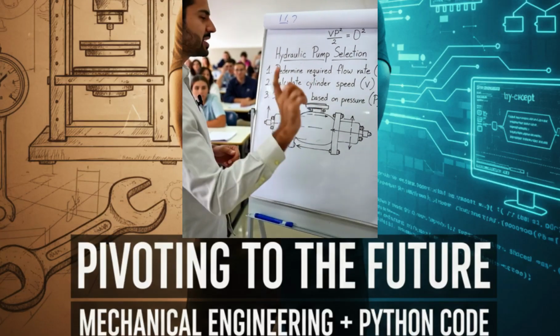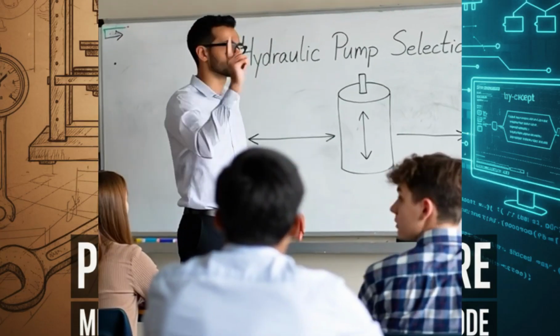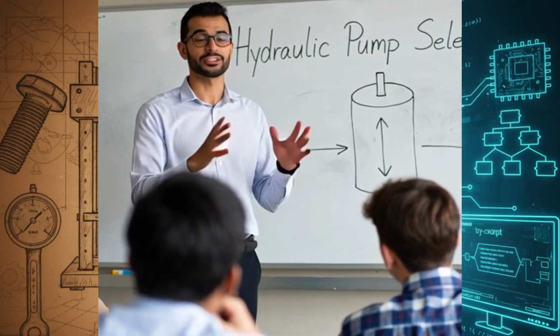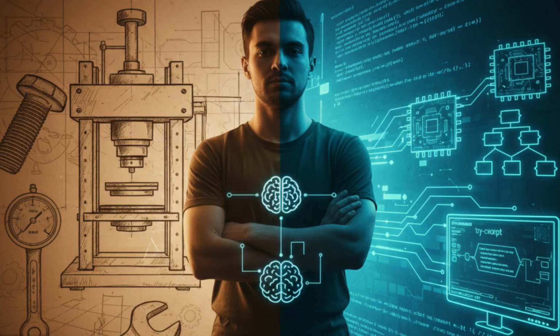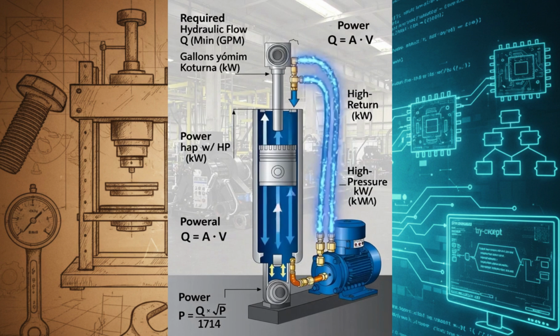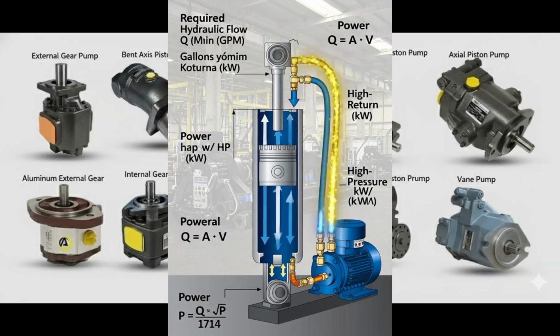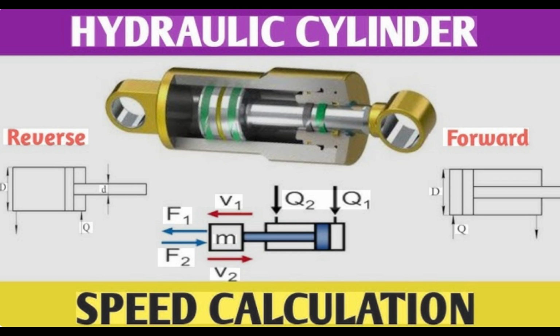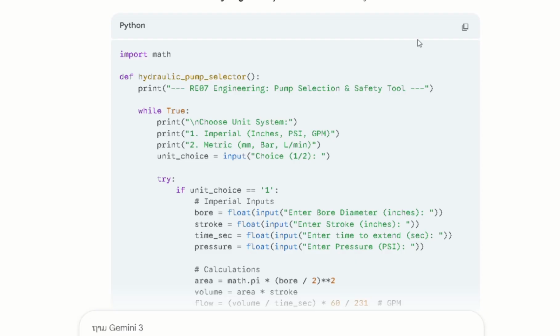In today's lesson, we're going to tackle a topic that many students and even some technicians find confusing at first: how to select the correct hydraulic pump based on cylinder speed requirements. This is not just theory. This is exactly the kind of calculation used by mechanics, hydraulic technicians, machine designers, and safety officers in real industrial settings. To make learning easier, we will also build a Python-based hydraulic pump selection tool that performs all the calculations